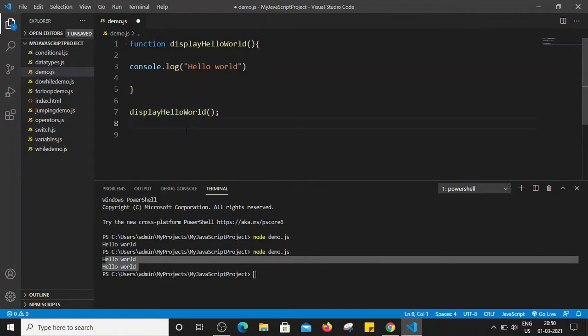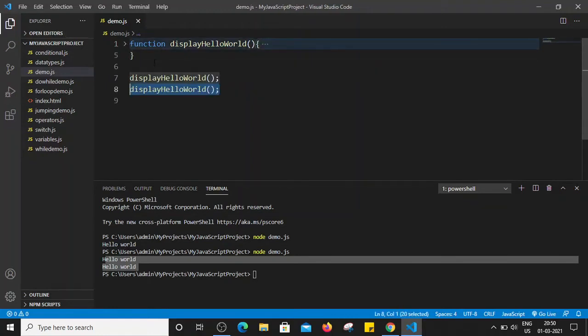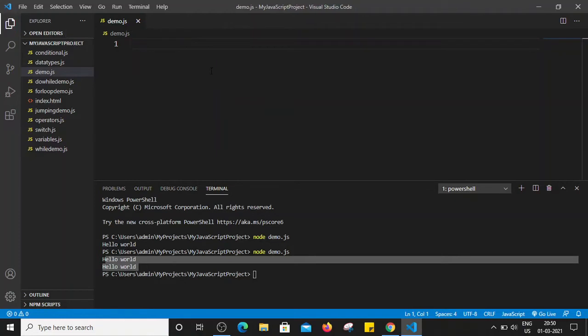Now as we have seen, some functions can take parameters and some functions may not take parameters. This is an example of a function which is not taking any parameter, as well as not returning anything. We are just simply printing, so it is neither returning anything nor accepting any parameter. This was an example of that specific type of function.